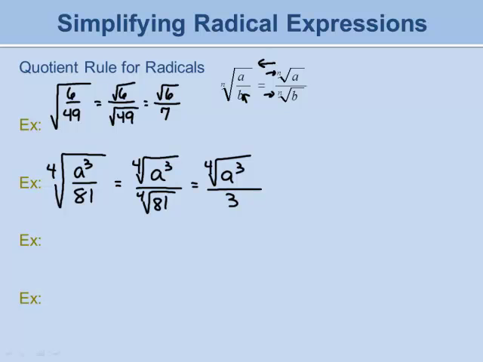Okay, another example. Let's look at using the reverse to help simplify. Let's say you had the square root of 45 divided by the square root of 9. Okay, now your initial instinct might be to simplify in the denominator. Square root of 9 is 3, and that's something that you could do, but notice that